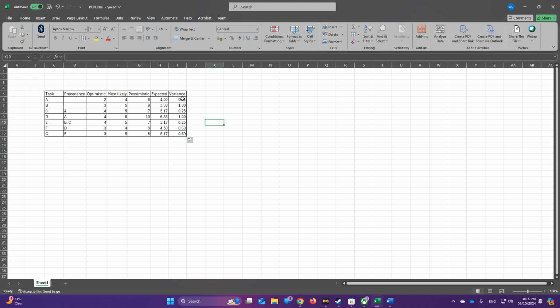So as you can see here, I calculated the rest of the values, and we found the expected value and variance for all tasks. Now we can go on and make the PERT nodes. Now our doctor suggests that before we start drawing the nodes, we try to visualize so we can know how we can put